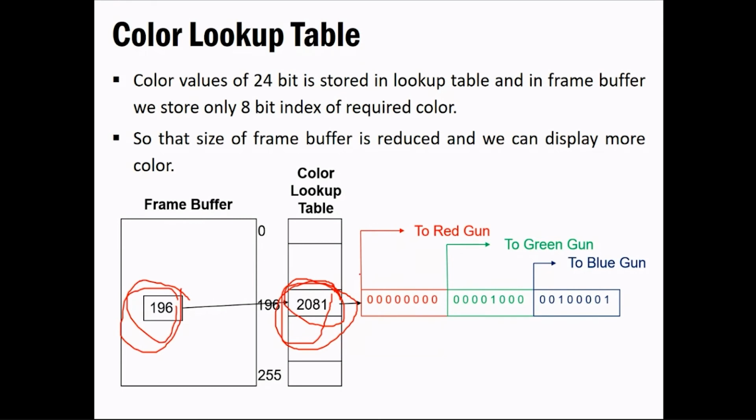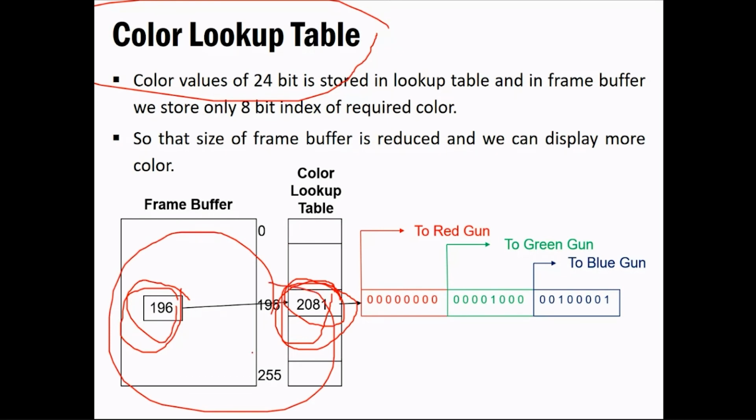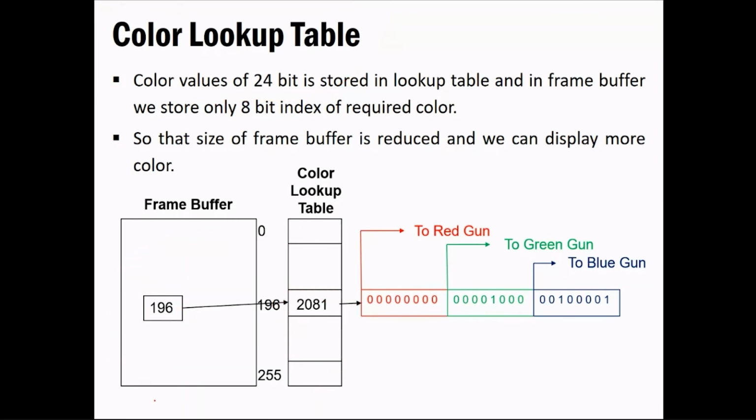Or you can say simply out of the RGB intensity values, and that's how it gives you the color. If you are considering the lookup table, instead of storing the whole information in the frame buffer, it will give you the color based on the table information, based on the index information. You just need to store this index.